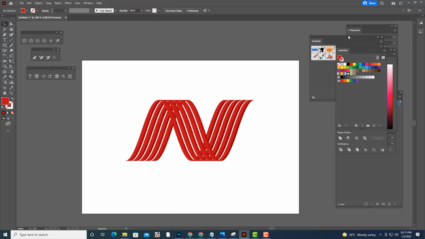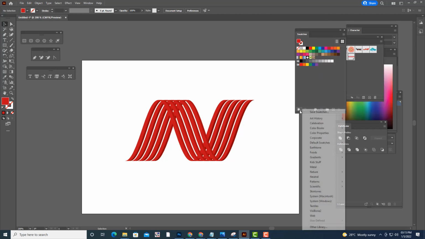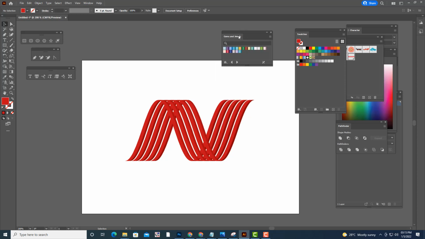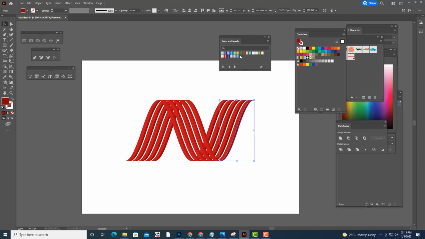I think I told you about swatches last class. Yes, sir. Okay, so ready-made gradients. Yeah, ready-made gradients. So we'll directly select this and apply some ready-made gradient to this. Okay, see here.